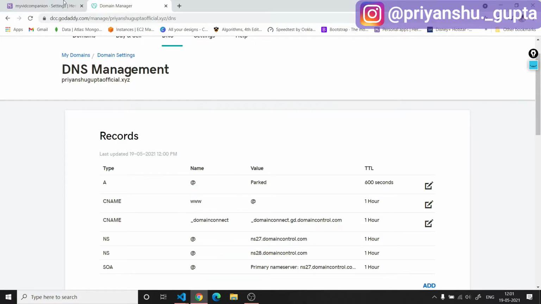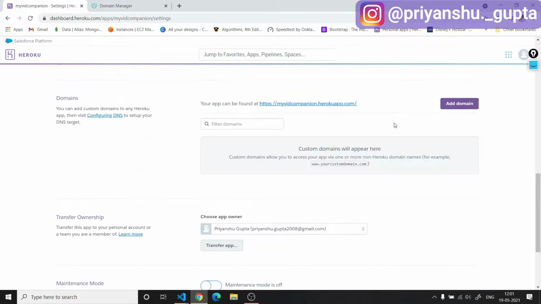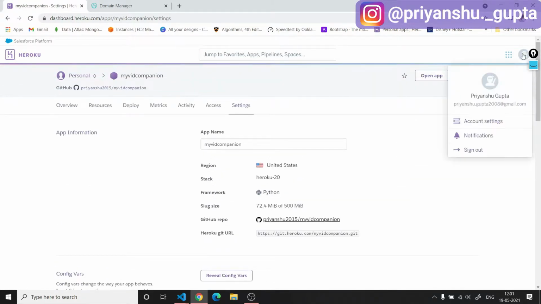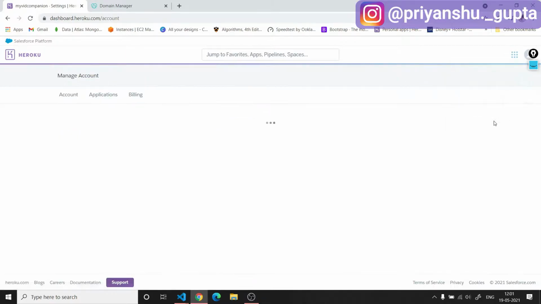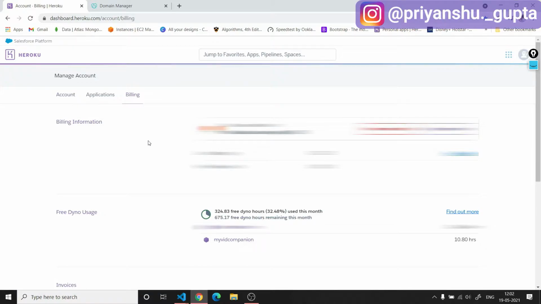Now we have to go to our Heroku, and inside this, we have to add a domain. For adding our custom domain, you will have to verify your account first by entering your credit card details. If you want to do that, you will have to go inside account settings and then the billing section, and here you will have to add your credit card details.